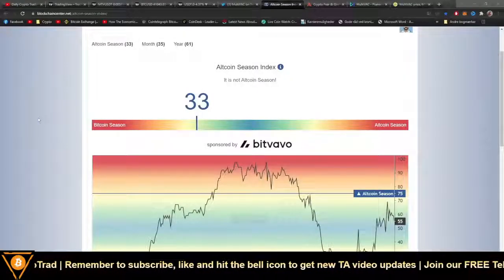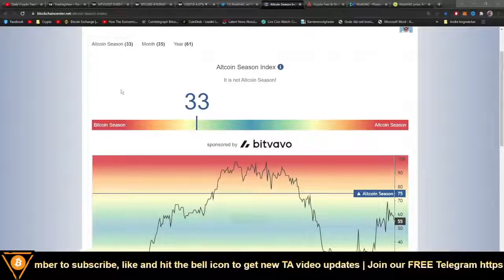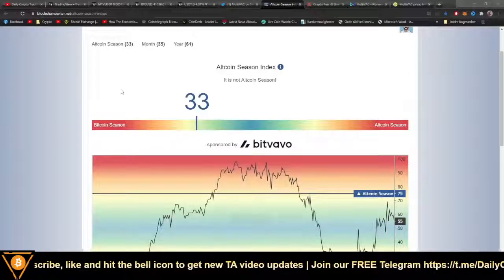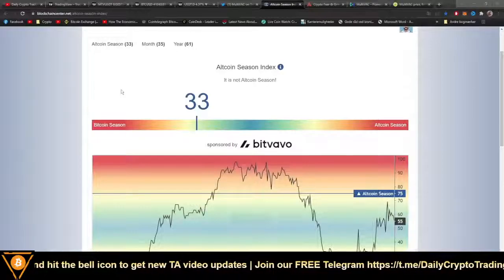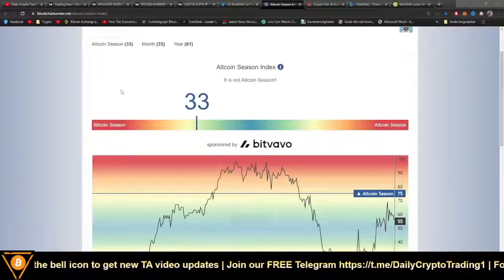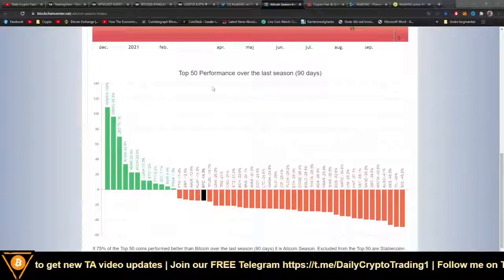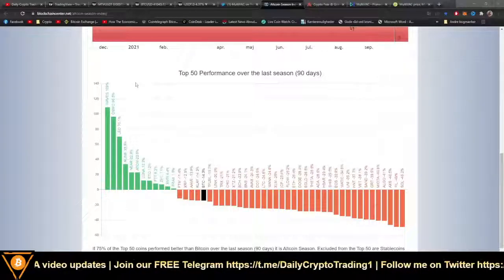Let's jump to the altcoin season index. Now, where are we? Are we in an altcoin season as most big influencers, not trader influencers, are saying, in altcoin season and all that? I believe no, and the index is also saying no. We are closer to a Bitcoin season than an altcoin season. I mean, if we just scroll down right there and see the top 15 performance over the last 19 days, we see Waves with 100%. That is 19 days, right?